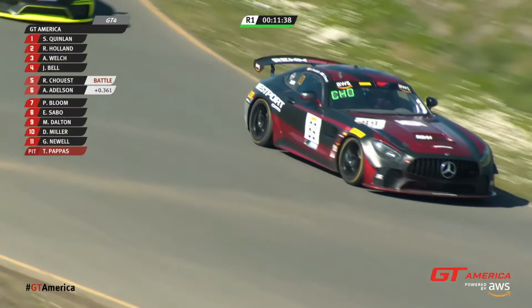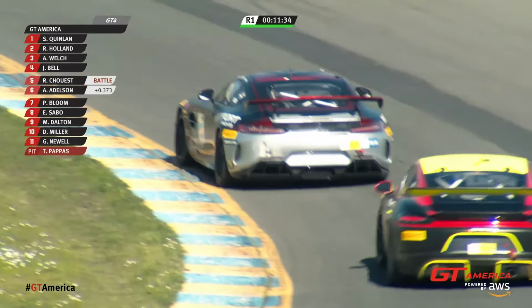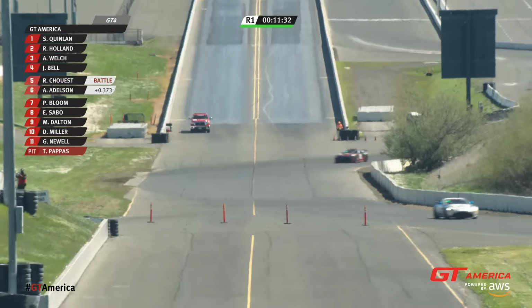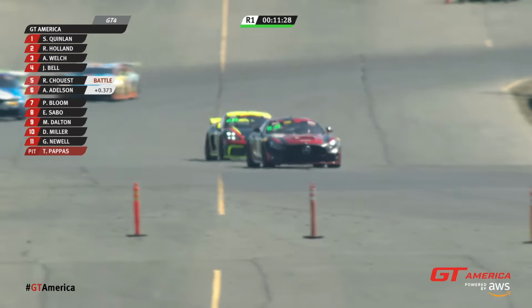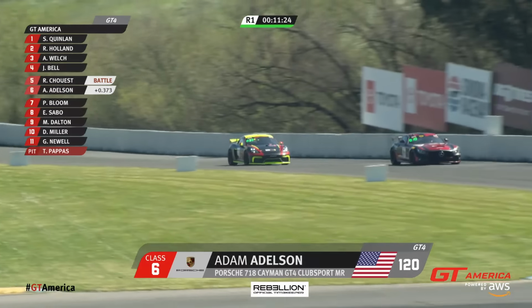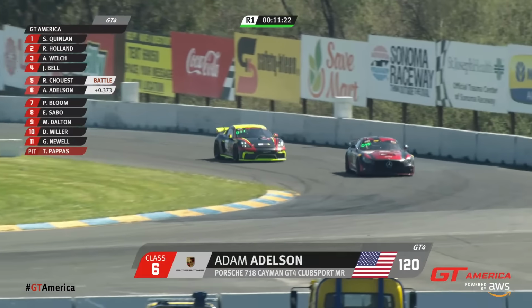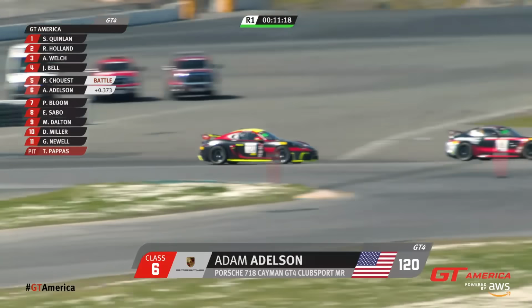Well, look at this Premier Porsche that's just behind. Look at the roof, look at the wing. There's a reason for that. That is channeling the old White Lightning livery. And Adam is a newcomer, but he's got some really high aspirations, wants to get to Le Mans one day. And Kent Moore wants to take Adam there. And looking really strong in his first pro race at the moment, putting a lot of pressure on that Mercedes,